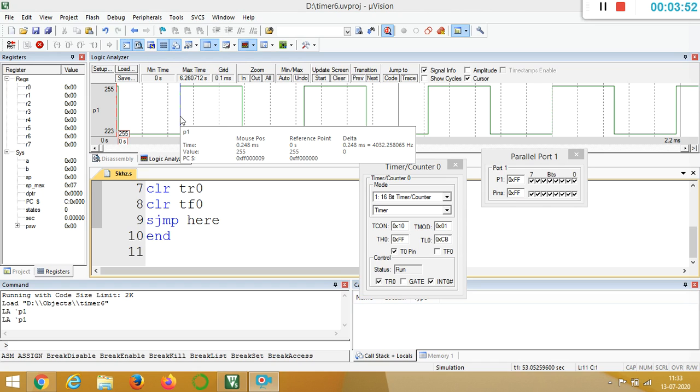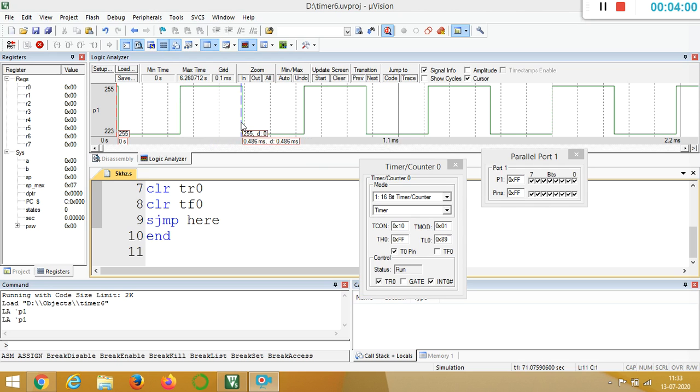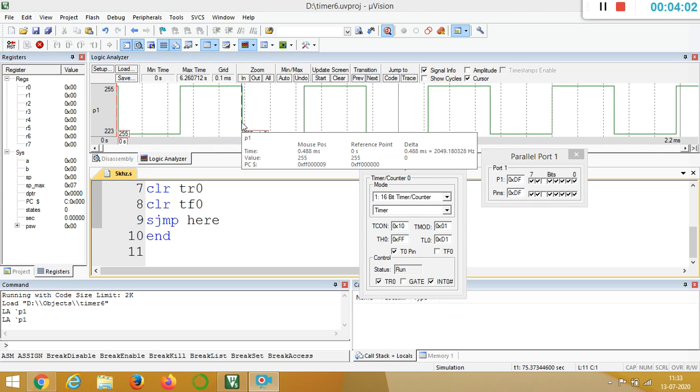When you convert it to microsecond, it is approximately 248 microsecond, approximately 250 microsecond. For the entire period you can see it is 0.488 millisecond. So in delta you can see 0.488 millisecond. When you convert to microsecond, it's approximately 488 microsecond, approximately 500 microsecond.